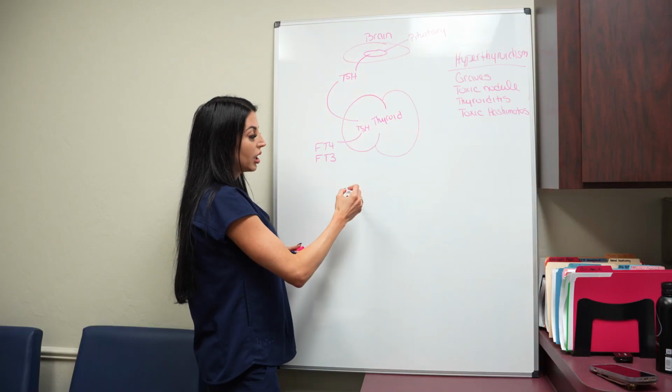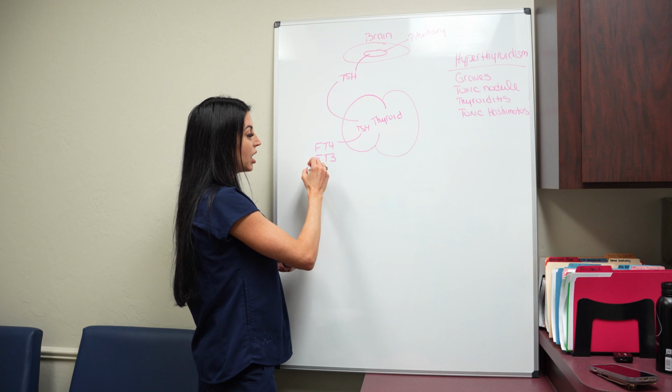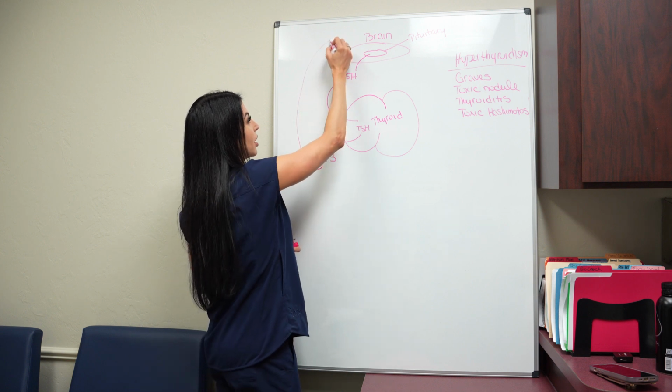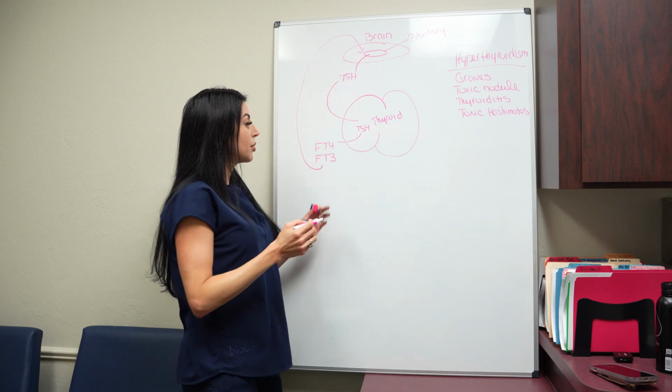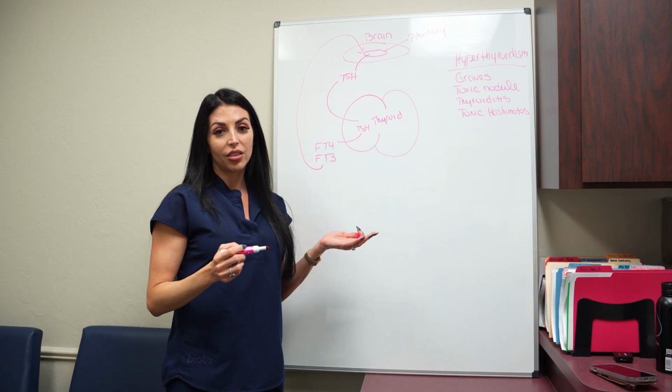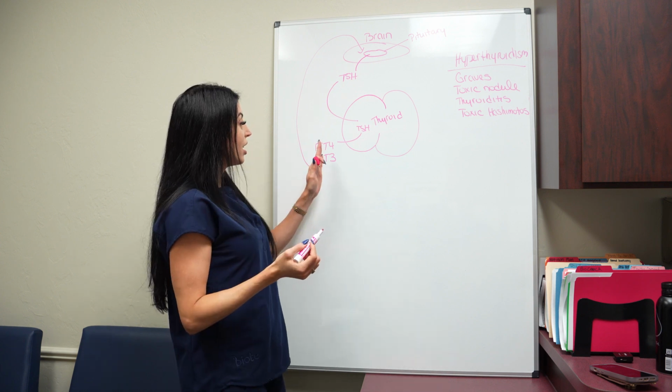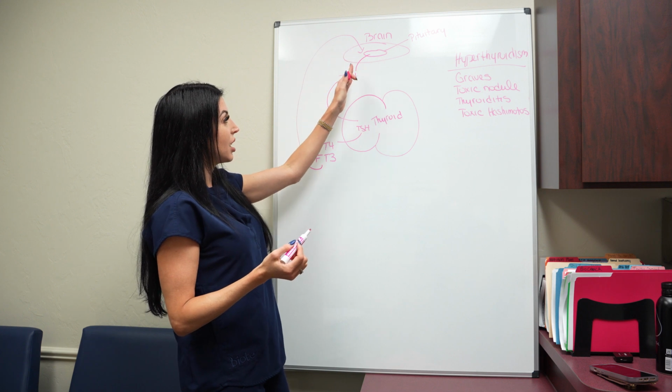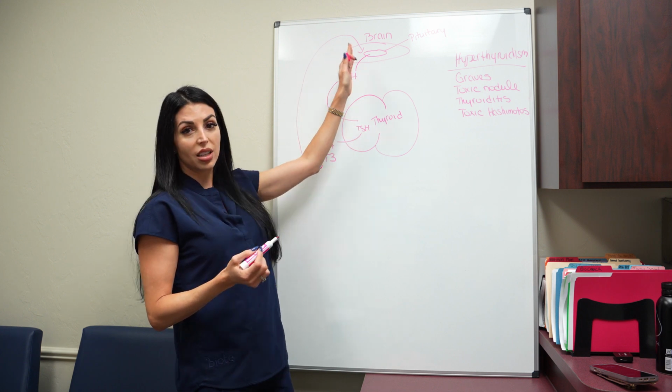So you have blood levels of T4 and T3 that then feed back to your pituitary gland, and your pituitary gland determines whether there is enough free T3 and enough free T4 in your blood. If there is, there's a constant stream of TSH being made, and so this just all stays in flux.